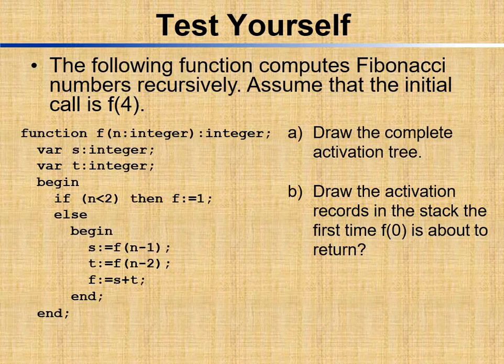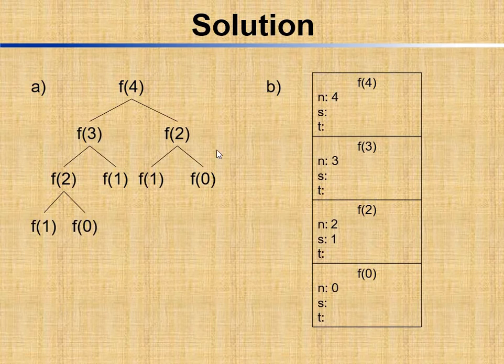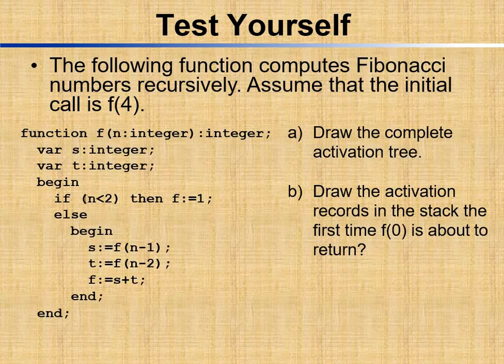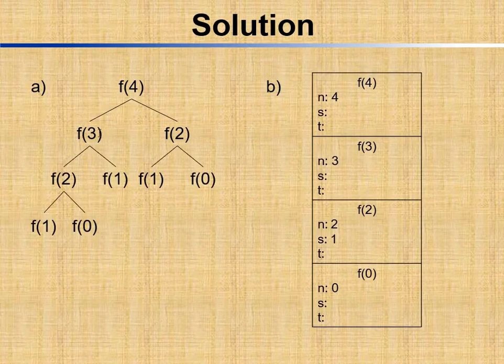If we are making the activation tree, we can make it in this manner. F4 initially if we are calling, so this is recursive. So F3 and F2 will be called here, because if this condition, 4 less than 2, is becoming false, here we are calling, so F3 and F2 will be called. After that, for F3 also, less than 2 is becoming false, so F2, F1, and this one is less than 2, false again, so F1, F0. This one again, less than 2 is becoming false, so F1, F0. Like this manner we can show this activation tree, and here this one is the activation record.